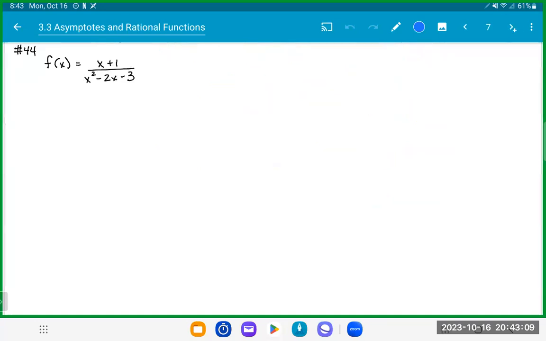Okay. So the next thing that we have here, and I think this is the only problem, is going to take us a couple of pages to get through, because we're going to go through all of those steps to graph this. So ultimately, at the end of this problem, we'll have a graph of this without actually using our calculator to show us what that graph looked like. It's probably going to take us a little bit of time, but we're going to do it in a very systematic order, following along with